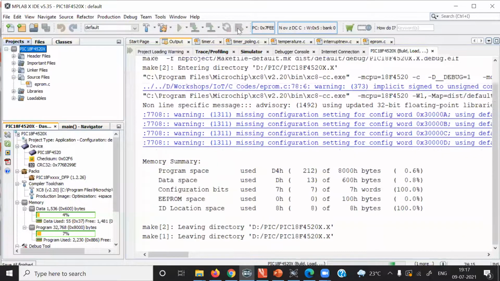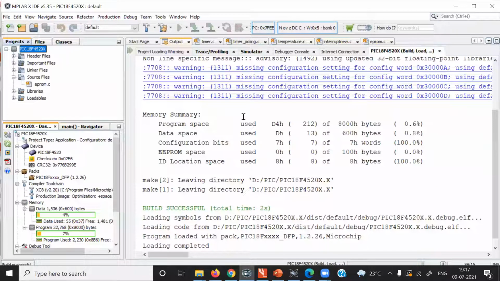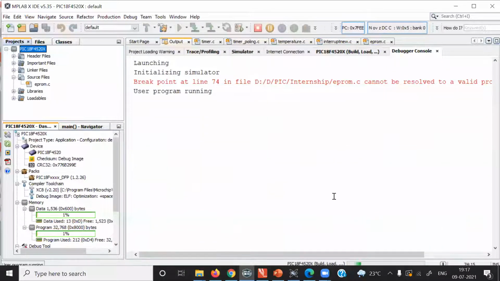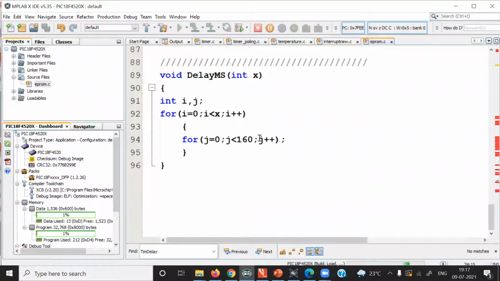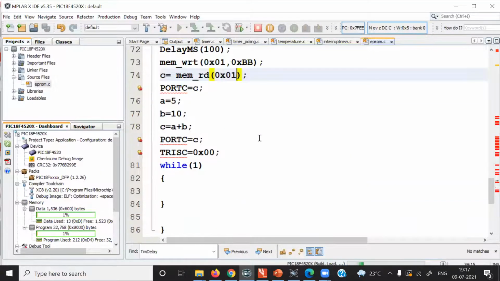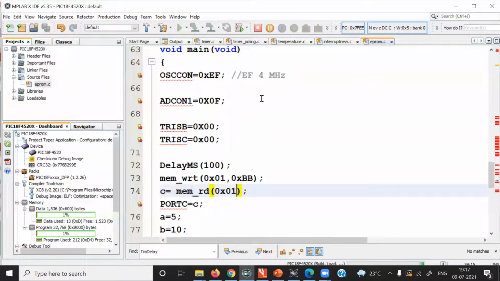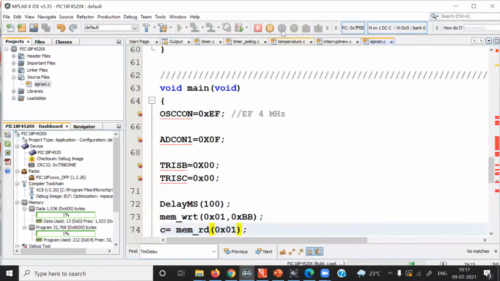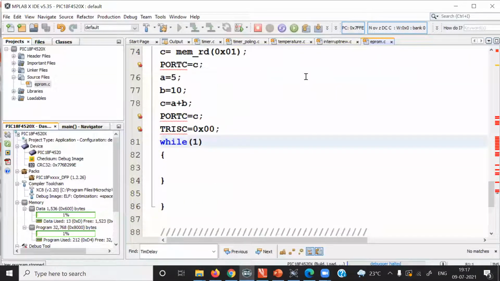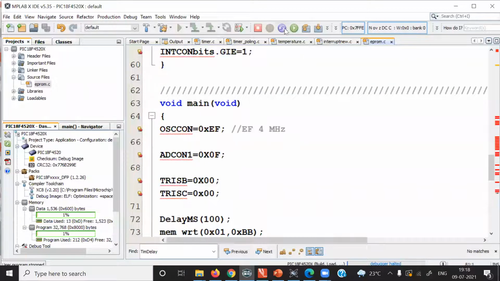When you click on the debug project, first of all the program will be built. There is a breakpoint in this program. So I will now do single stepping. Let me reset.